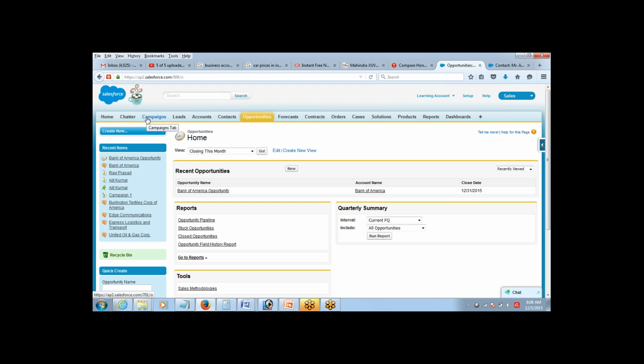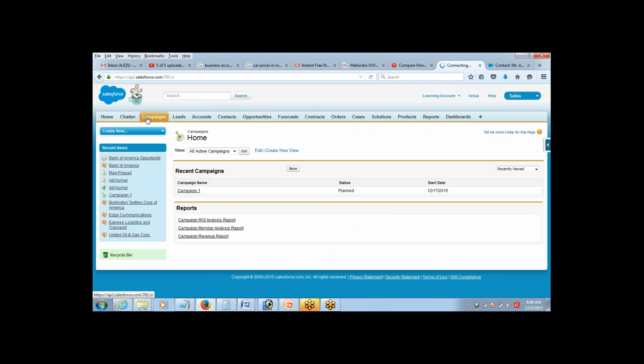So at least 5, 7 records, try and enter. The best way will be to try creating a campaign, then take the chain to the solutions, or maybe till the orders. So create a campaign, then create a lead associated with the campaign, convert the lead, so that you get a complete understanding of how the cycle is working also. Correct. So that's what you guys